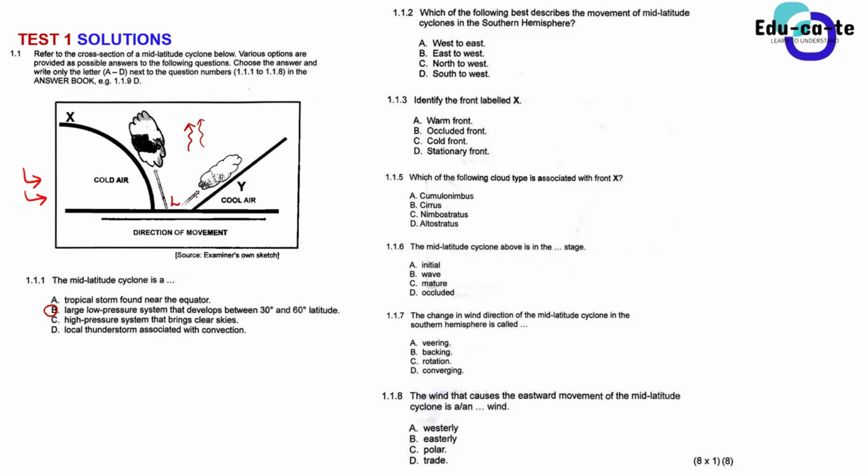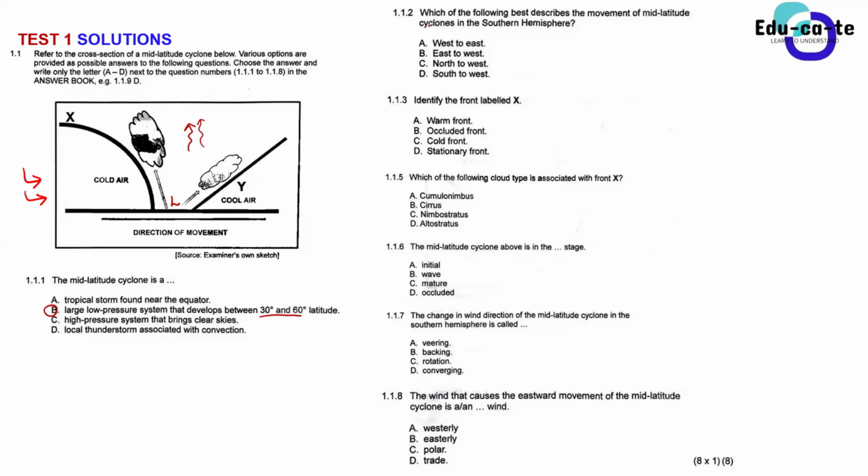So we consider it a low pressure system, and its location, yes, indeed, it develops between the 30 degrees and the 60 degrees line of latitude. I think when I introduced the mid-latitude cyclone, I explained further on that, and specifically where exactly it develops, at the polar front and all of that. So it's a large low pressure system that develops between the 30 degrees and 60 degrees latitude.